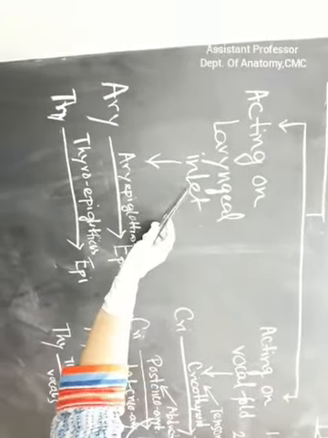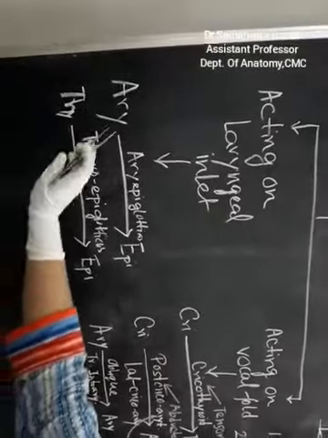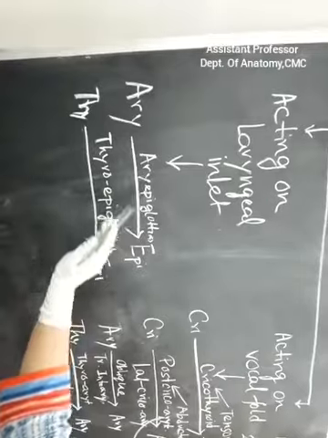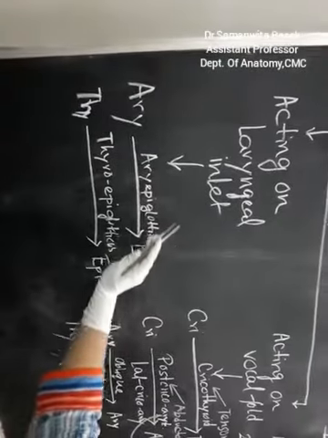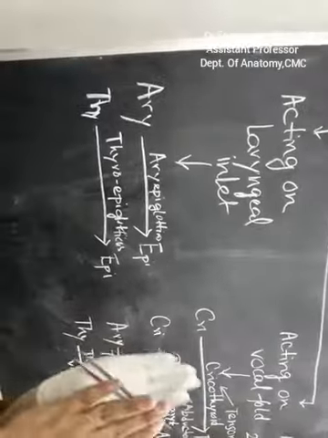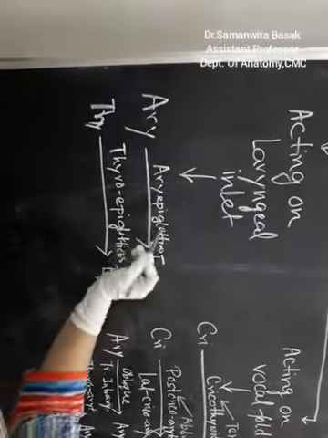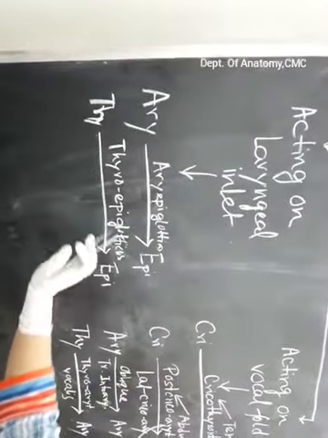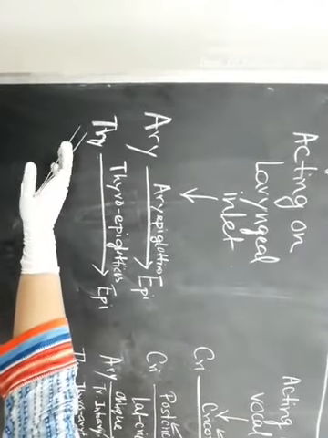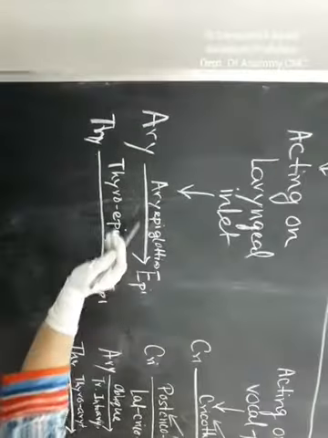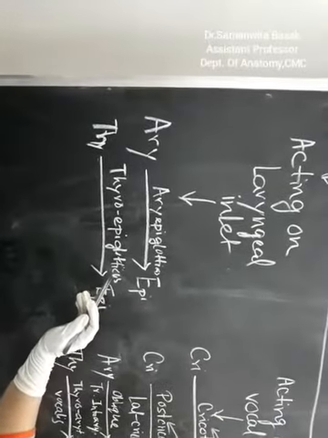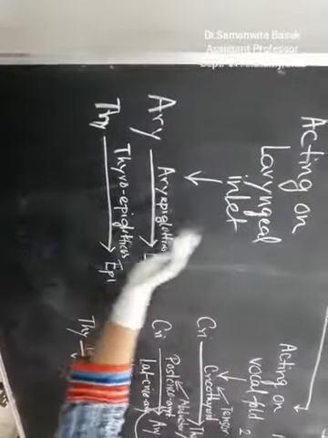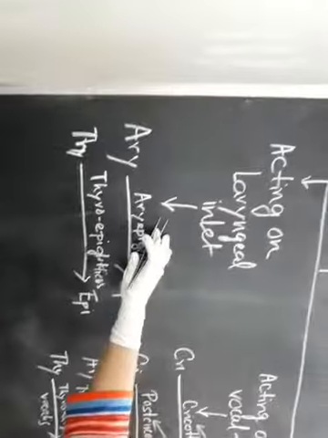First of all, acting on the laryngeal inlet, I have shown you that from arytenoid to epiglottis there is one muscle, the aryepiglotticus muscle. This muscle is very important. When it is contracted, it will oppose the two apices of the arytenoids to the epiglottis, and it will close the laryngeal inlet, which is very, very important. And the thyroepiglotticus muscle, that is again going from the thyroid cartilage to epiglottis. It helps in the opening of the laryngeal inlet a bit, though mostly this is a passive action. So these two intrinsic muscles act on the laryngeal inlet.